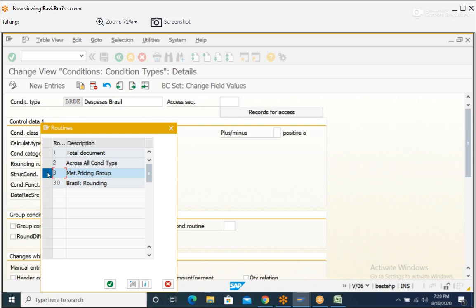Group condition routine 3 means group condition routine 3 means